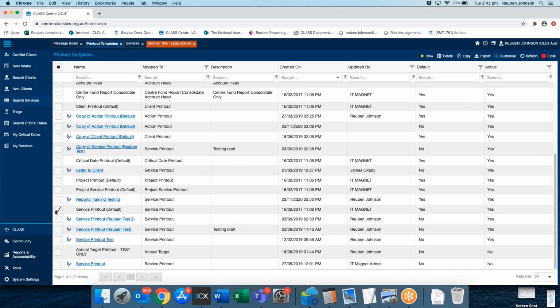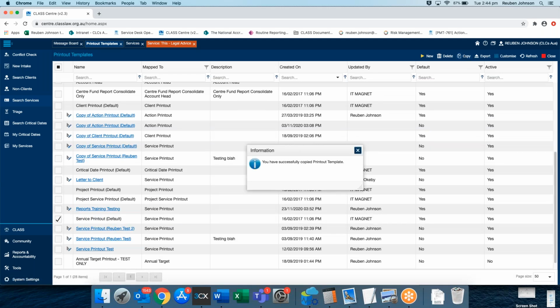I would generally recommend, unless you're making minor changes to something that you've designed, just pick the default one that we've created and then customize it from there. So you tick the report you want to copy on the left-hand side, and then you click copy. At this point,